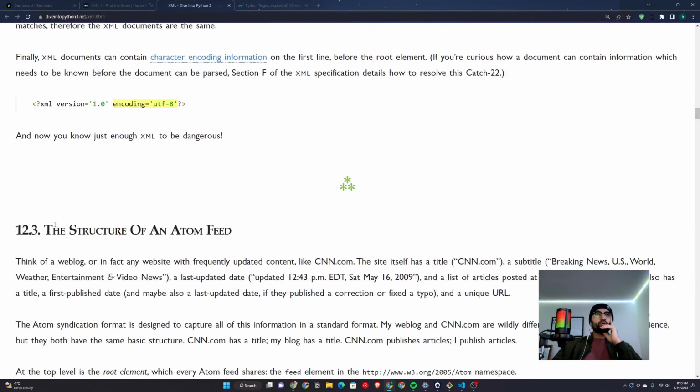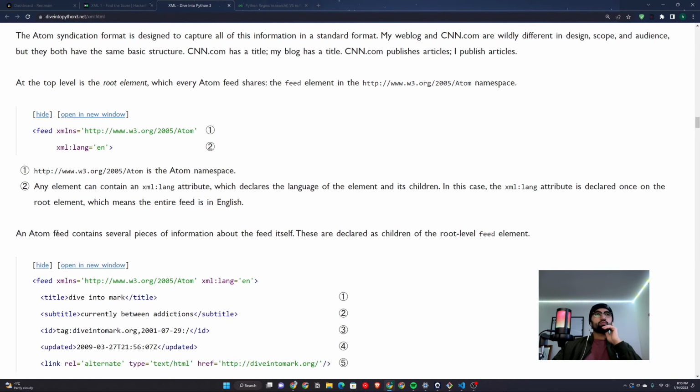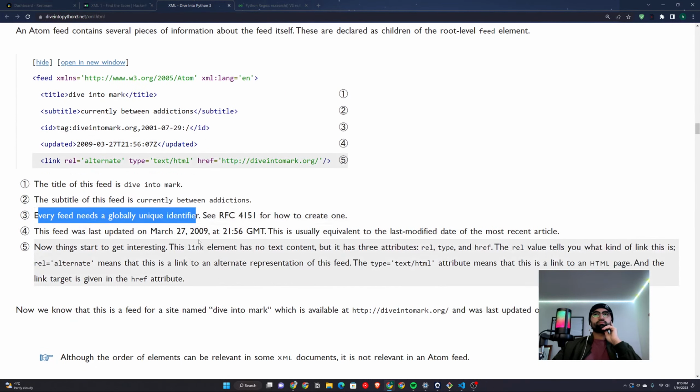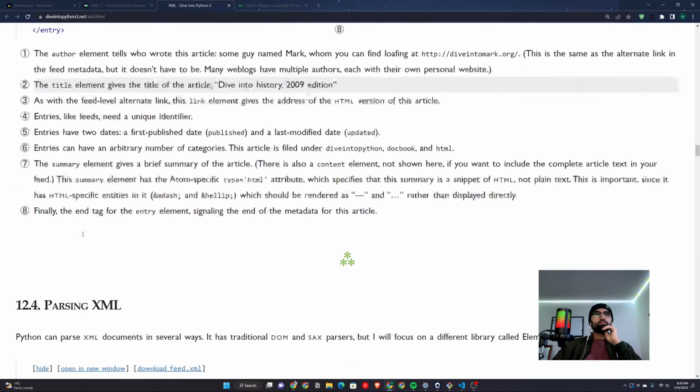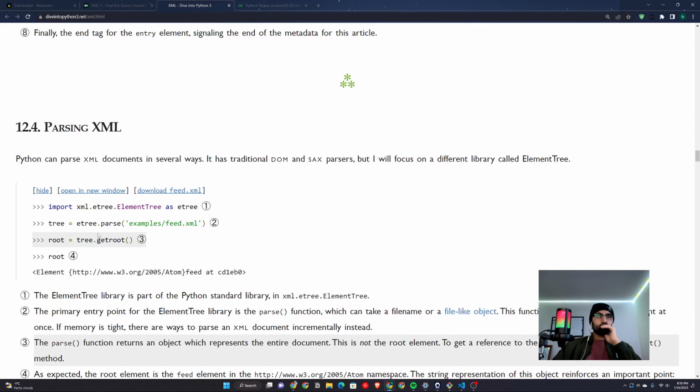So what are we looking for? Parsing XML, that's what we need. Okay, so what they're trying to do is get xml.etree.ElementTree as e3. Then they have the tree, e3.parse. They have the file in their XML, right? So they're parsing it, then they're getting tree.getroot, which is going to be the first element, right? So in our case, we were getting the